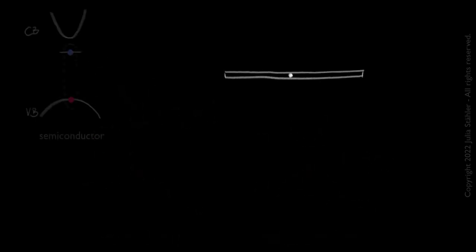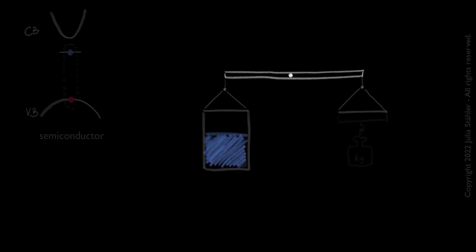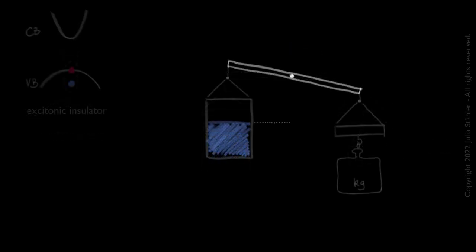Intuitively, this process can be understood in the following simplified picture of a balance. The ground state of a semiconductor is a reservoir of electrons. Photoexcitation removes electrons from this reservoir that then may funnel into the excitonic state. Depending on the exciton potential, this state will lie at higher or lower energies. In a ground state excitonic insulator, the exciton level lies below the surface of the reservoir if it were filled